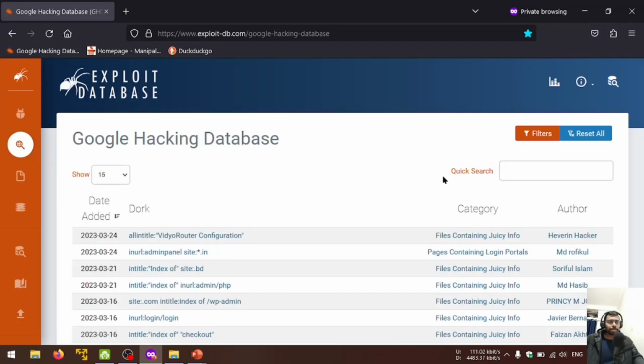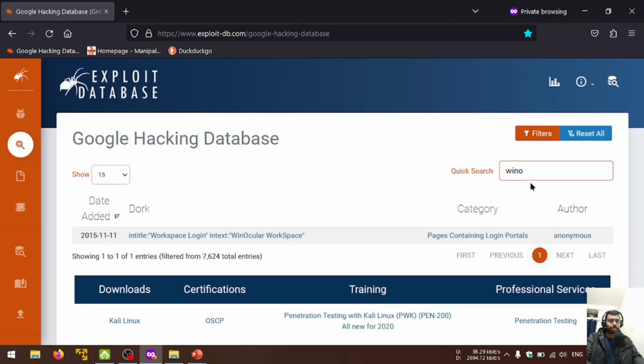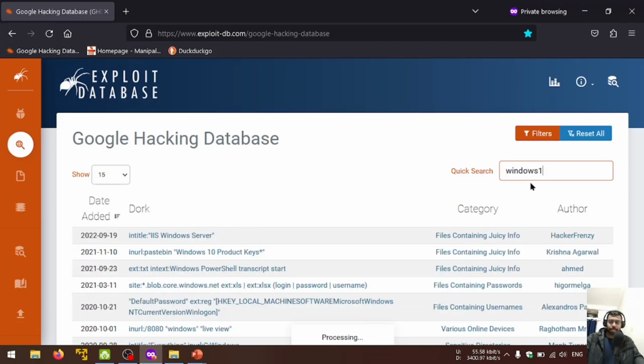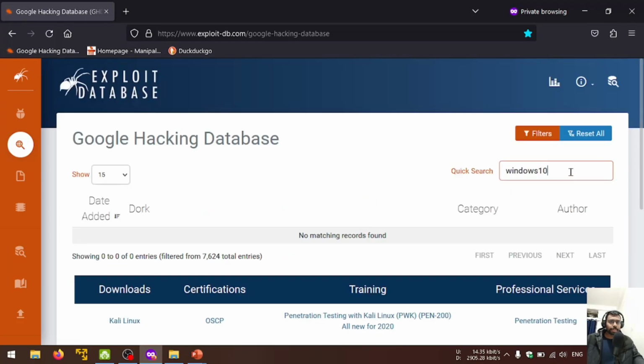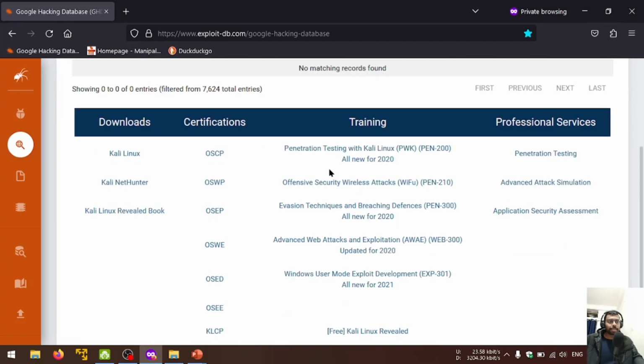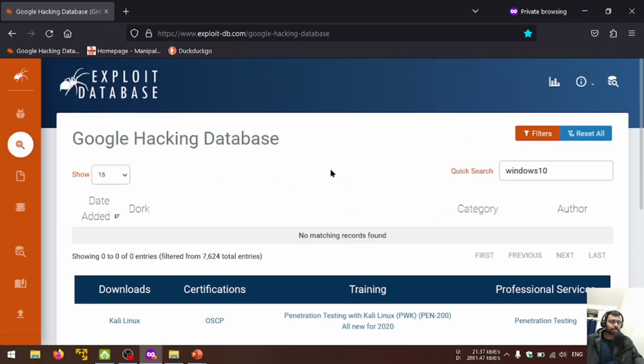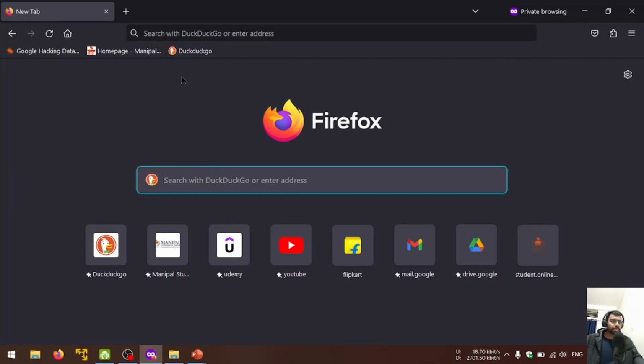So if you go to the website and here in the quick search section, if I search for Windows 10, as you can see over here, you can find a lot of exploits or vulnerabilities of Windows 10. They are of different types. It doesn't show anything by the way, but for Windows 10 exploits, if I just go ahead and search